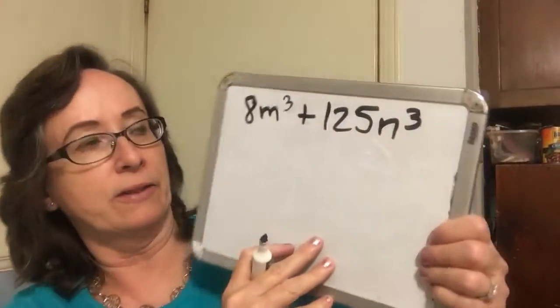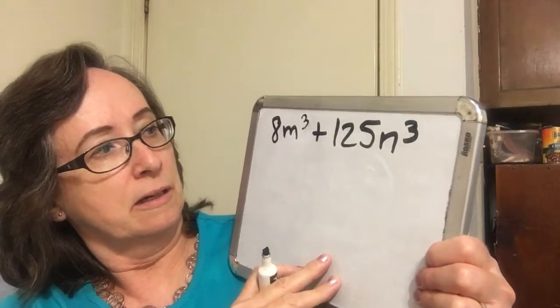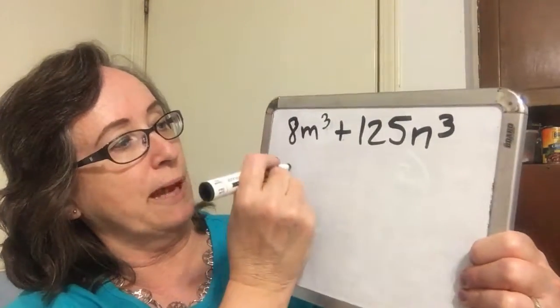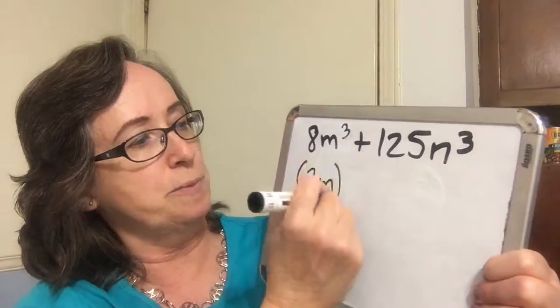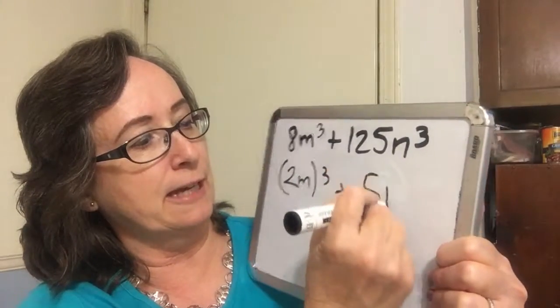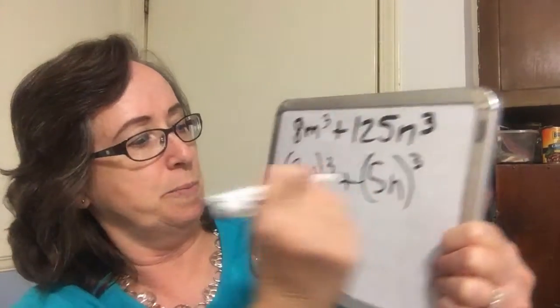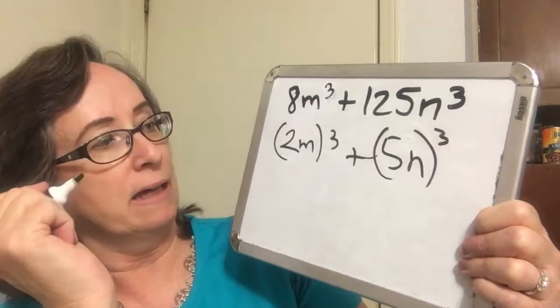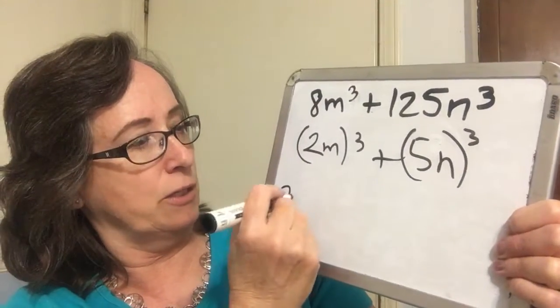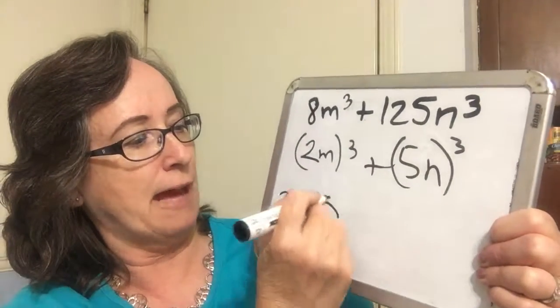And another sum of two cubes. So we have 2m cubed plus 5n cubed. And when I factor that, I get 2m plus 5n